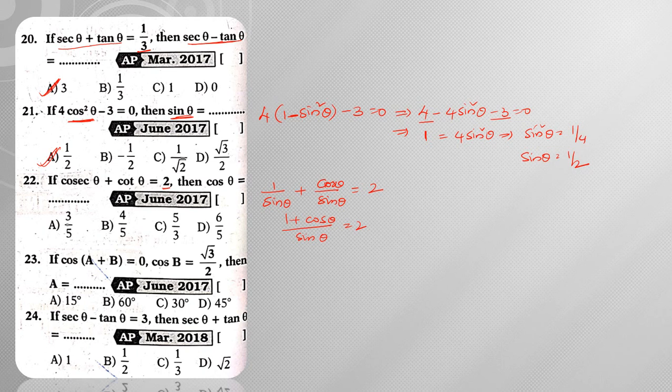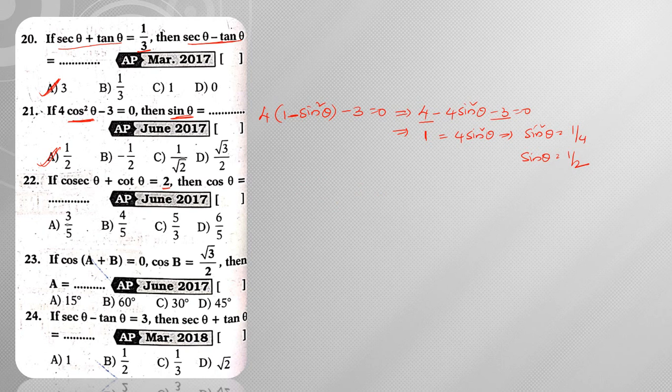So he's asking you to find the cos theta value, right? For that, we already have the formula: either k square minus 1 by k square plus 1, or k square plus 1 by k square minus 1, right? Using that particular concept, we are going to use it here instead.